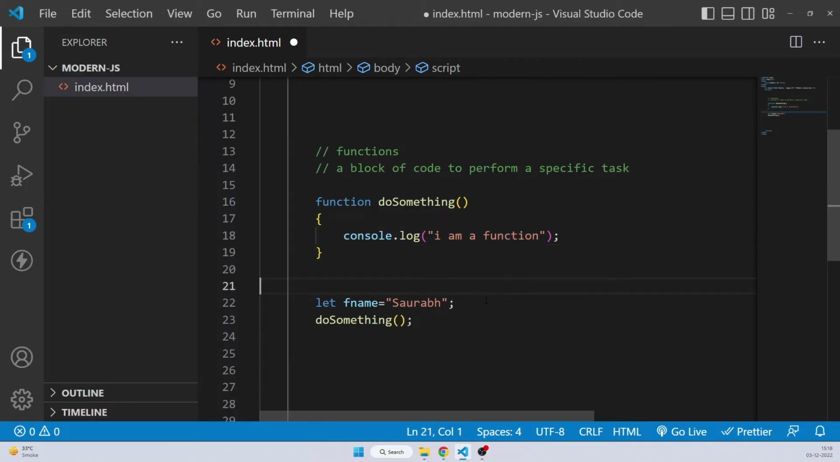So you can send it via something called parameters. Inside this parenthesis you can create variables. So I can call it, let's say, name, right? And this variable can only be used inside the function. Remember that, guys. This variable can only be used inside that function, but the value of this variable will come